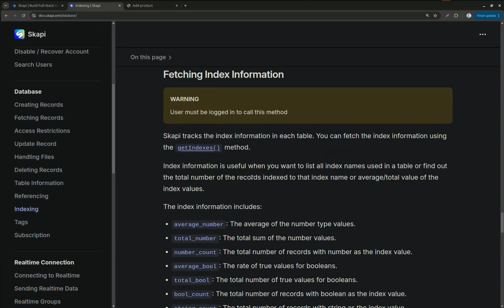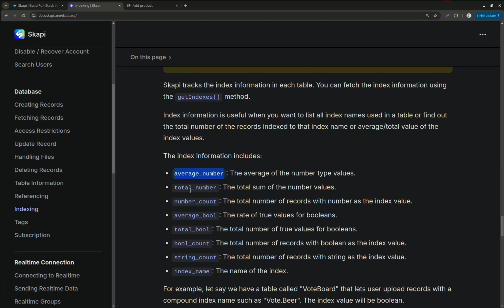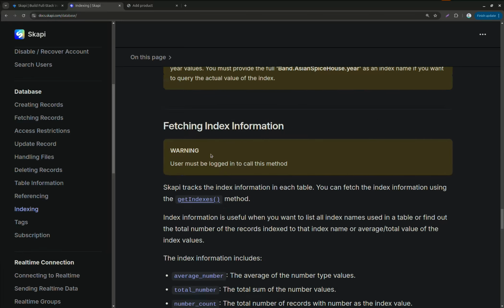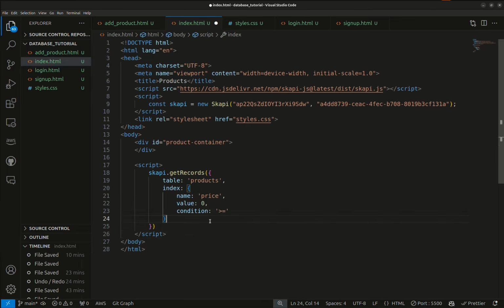And when you fetch indexes as well, you can also get our average number, total number. So you can see the total value of all the products in our store. We can see the average value of the products in our store. So this helps a lot, and you can see here in fetch indexing. But in this case, let's just get everything that is bigger than 0. So any product that has a price that is bigger than 0. Then,